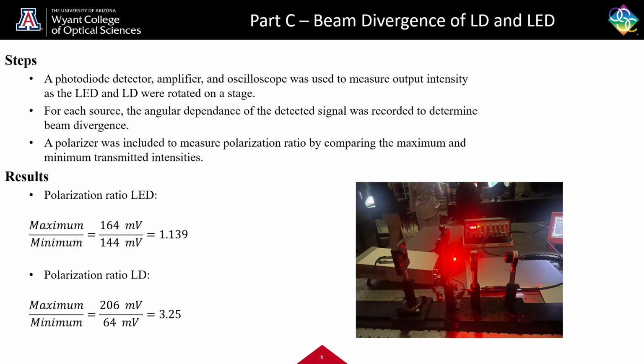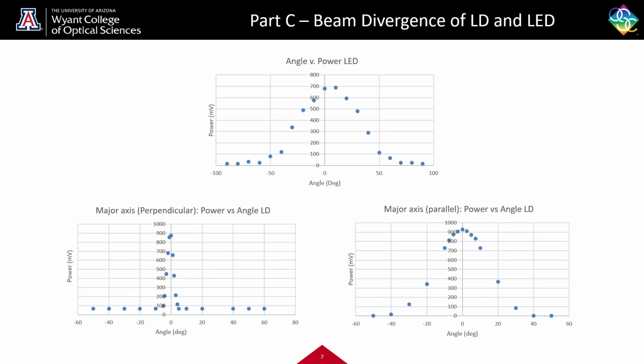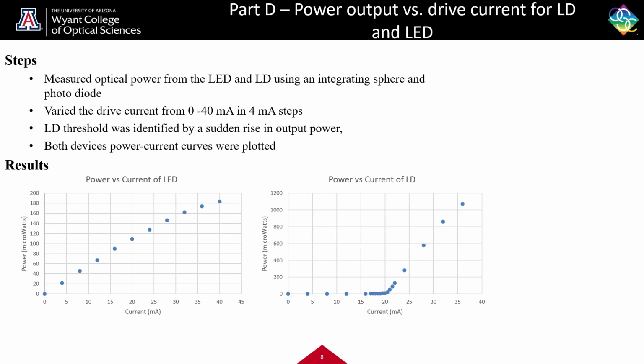And on the next slide here are all the graphs for power versus angle, the top graph being for the LED and the bottom two graphs for the laser diode, one for perpendicular to the major axis and the other for the parallel. And going into Part D, we found the power output versus drive current for the two sources, where we used the integrating sphere and a photodiode and varied the drive current from 0 to 40 milliamps in 4 milliamp steps to find the laser diode threshold,